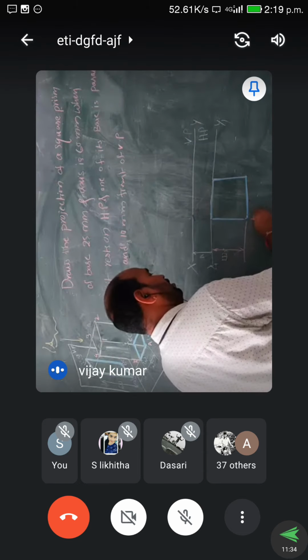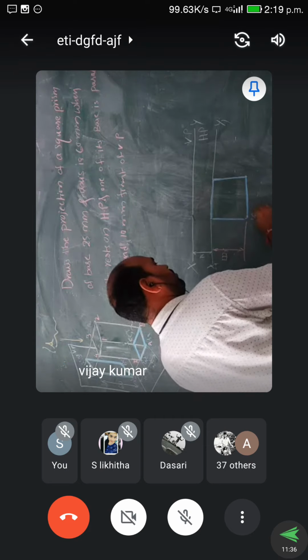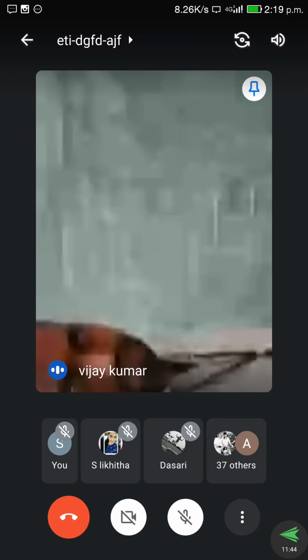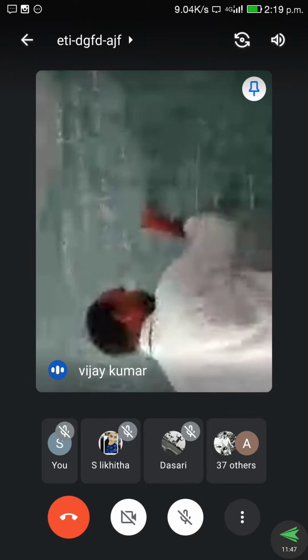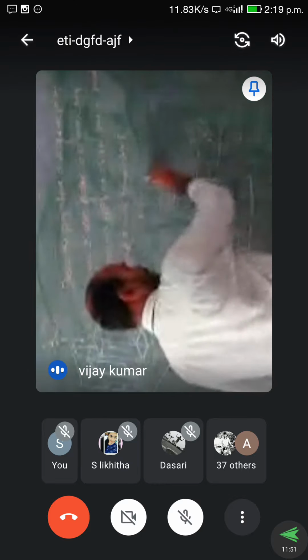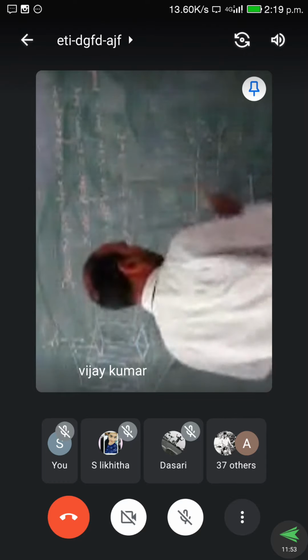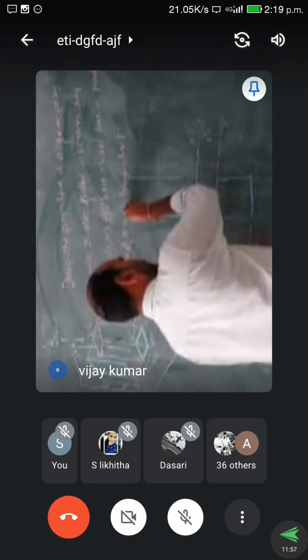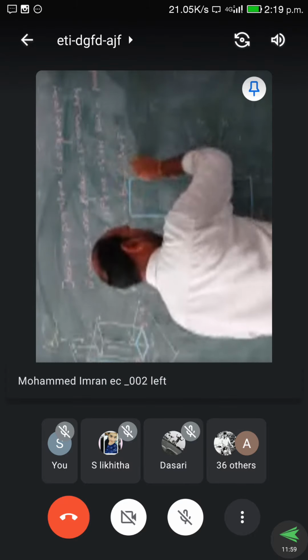First one is 1 comma A, this is 2 comma B, this is 3 comma C, and 4 comma D. So the projectors must be drawn into the VP from this body like this. These are the projectors. Again I have to take the remaining line here also the same. It must be a thick line because it is the front view.